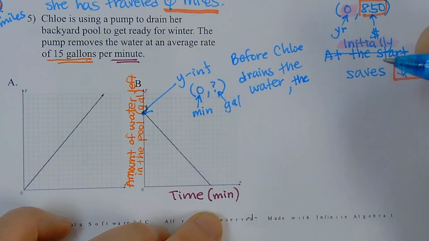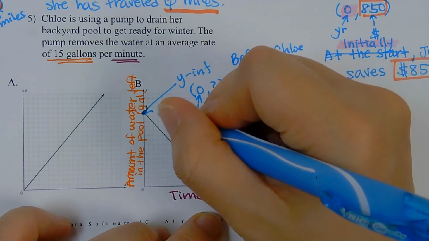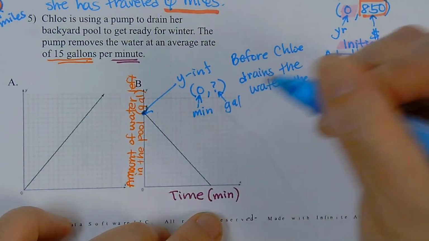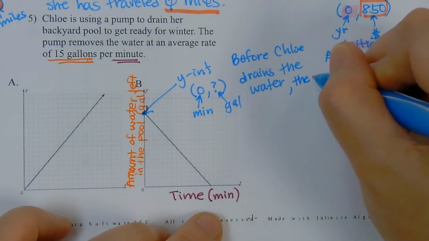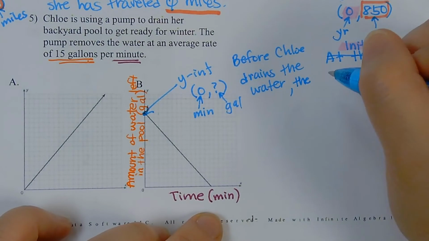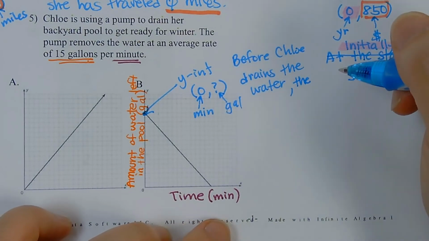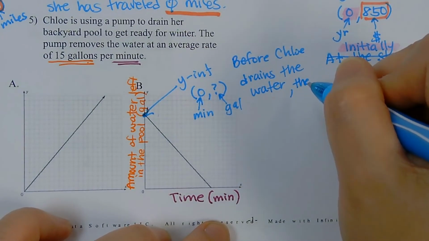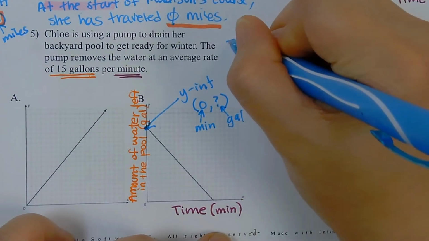I know in the answer key there is a number there, and they say 240, but there's some calculations going on because we know that, but we're not going to go there. It's the amount of water that's in the pool before Chloe drains the water. So, you know what? I'm going to just change the sentence. It's going to be the amount of water